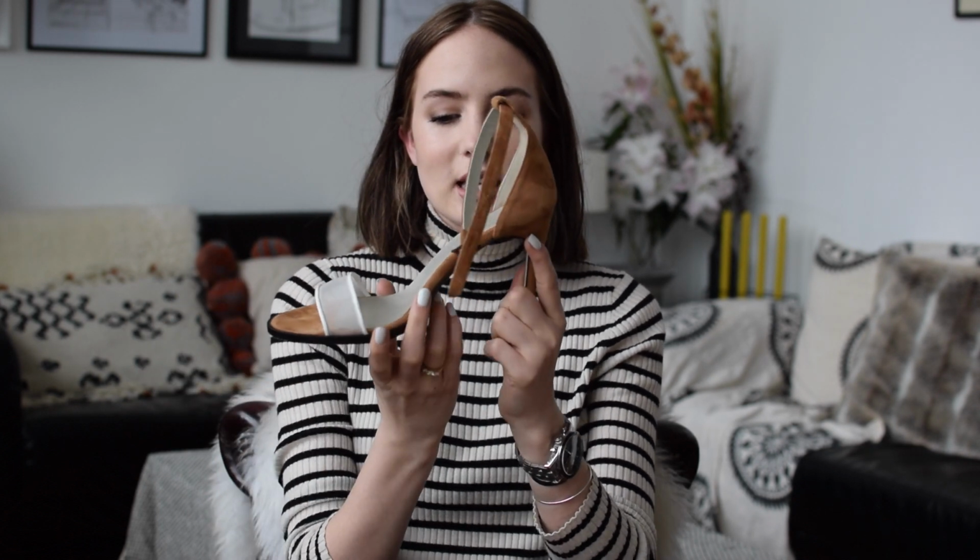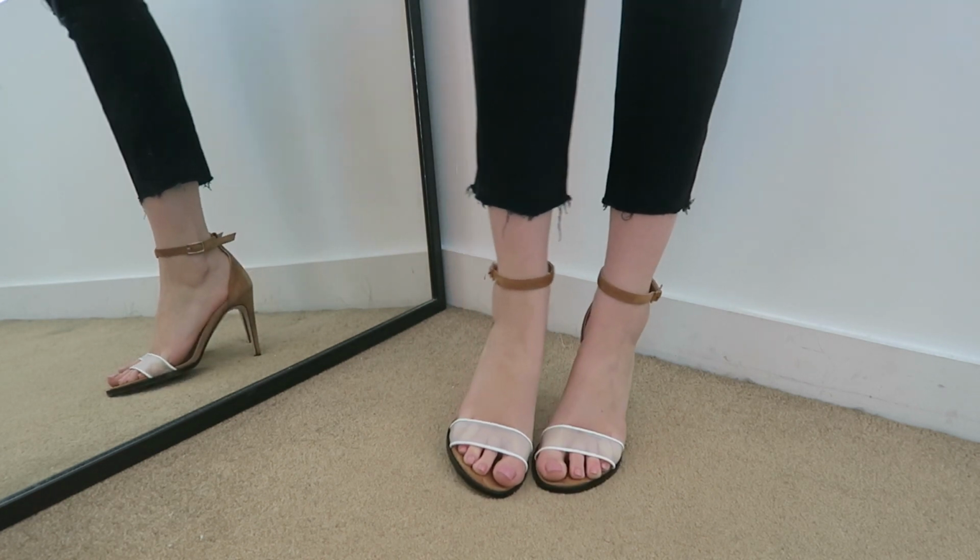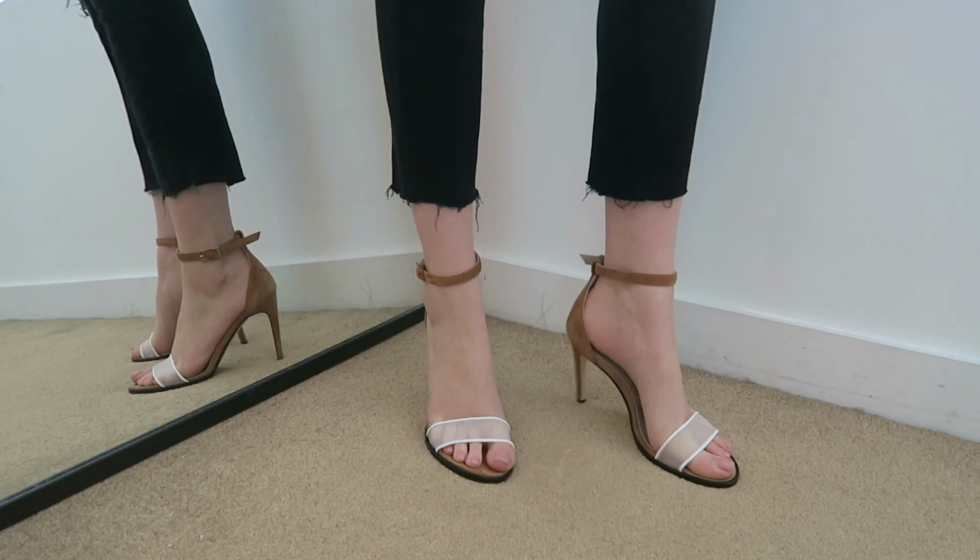And one of the main reasons I loved Dear Francis shoes so much is because they're really, really comfortable. So this is, for me, high enough, but it's completely walkable. You could walk in these for quite a long time with no trouble. They're not crippling at all, which is generally impressive because I think this style of shoe is often quite an